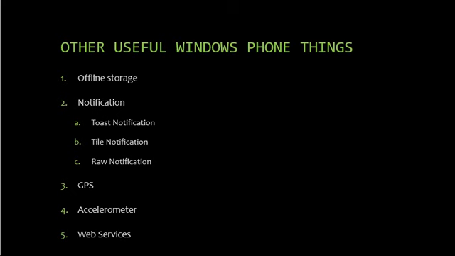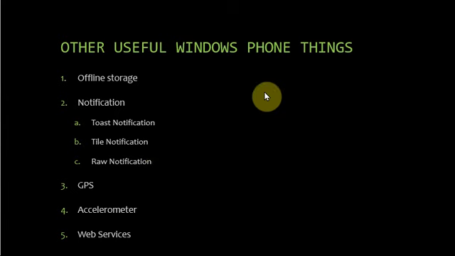Next we'll move on to the next topic, that is other useful Windows Phone things. This section covers persisting data locally, the different types of notifications you can use to interact with the users, and also the usage of the sensors of the device.